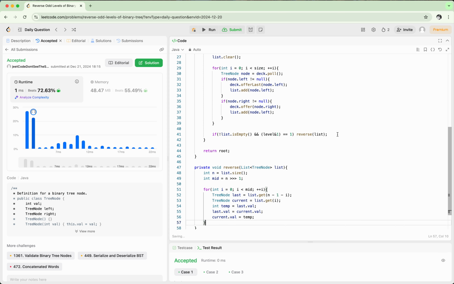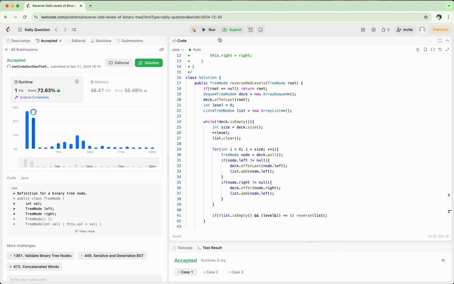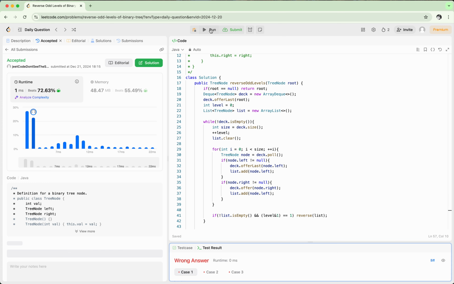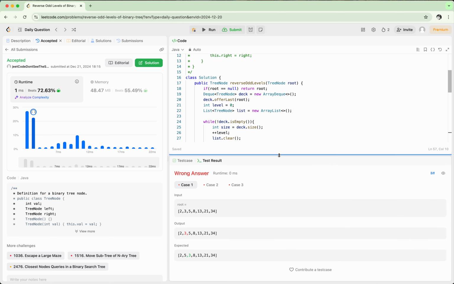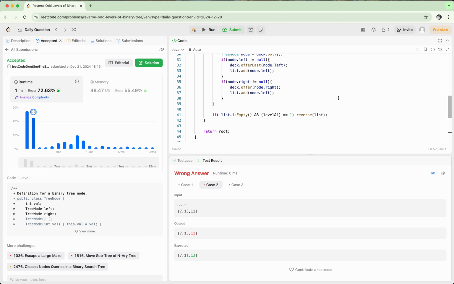So we need not return anything. So we have done, and let me just run this. So there is some mistake. Okay, so the output is 2 3 5, so it means that the reversal is not happening. So reversal is not happening, it means that maybe our logic to check